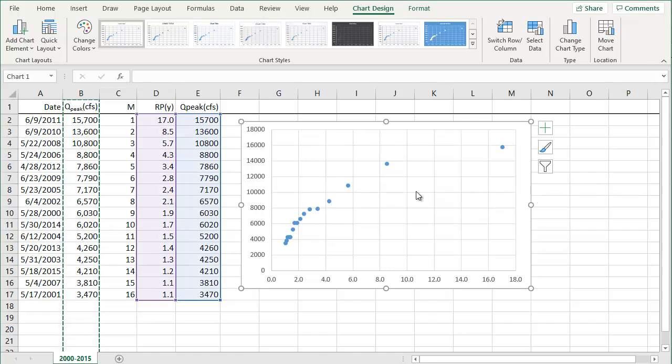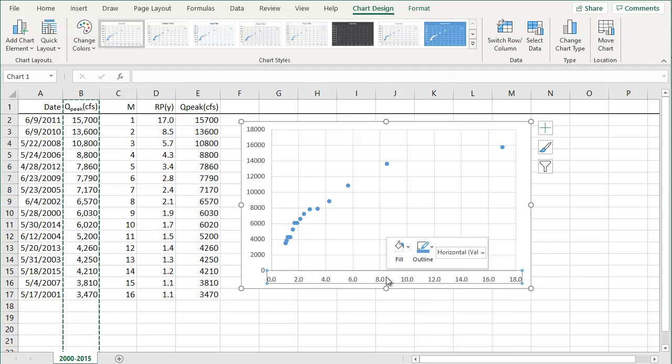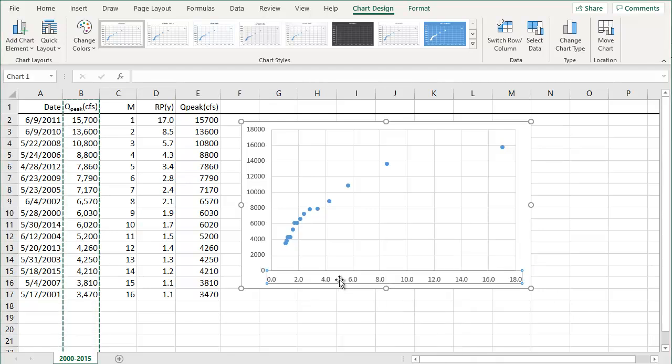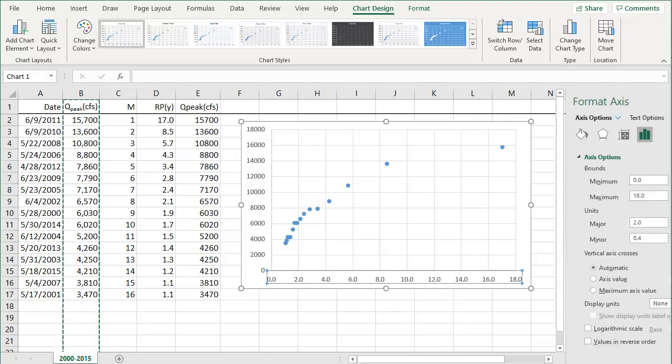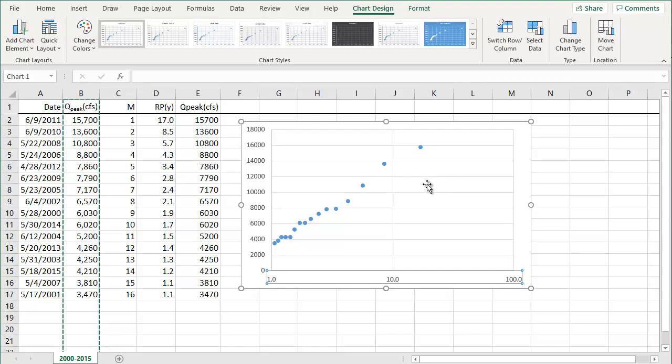And remember that I want to graph the logarithm of the return period. So I'm going to have to change my x-axis to logarithmic. I'm going to highlight my x-axis, format the axis here, and choose a logarithmic axis. There we go. So that's my x-axis, and the next thing I want to do is fit a trend line